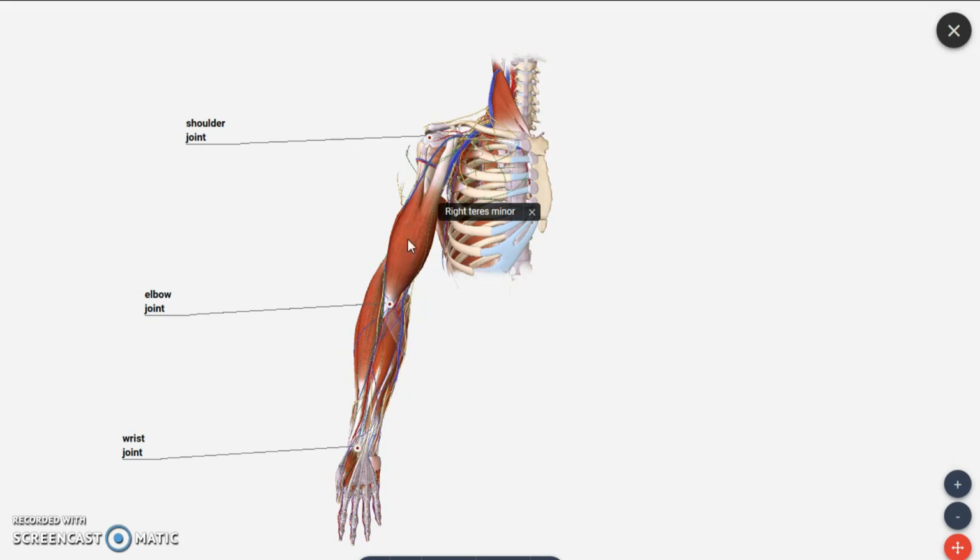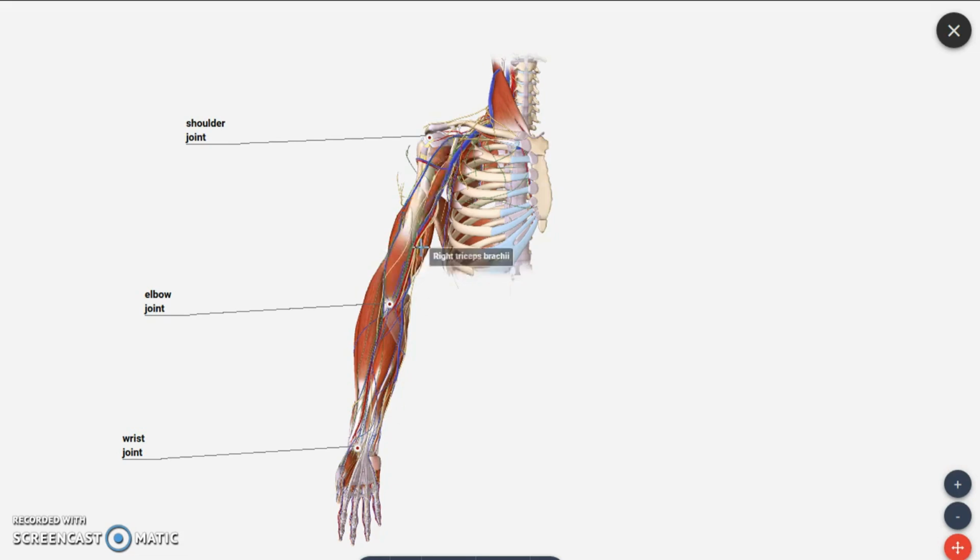Talking about the anterior compartment of the arm, the first muscle you are seeing is biceps brachii. We call it biceps brachii because of its two heads. You can view here, one is called the short head and the other the long head. So this is a muscle of the anterior compartment. Here you have to remember the arm region is otherwise known as the brachium region in the upper limb. So the arm region we call brachii, and a muscle which has two heads we call biceps. So biceps brachii is the first muscle seen in the anterior compartment.